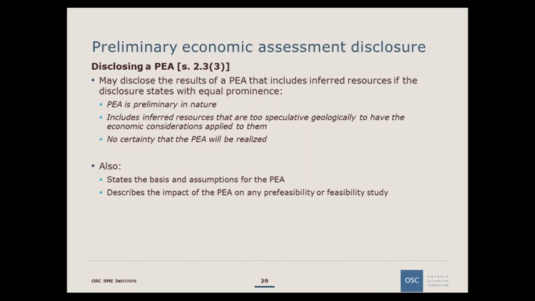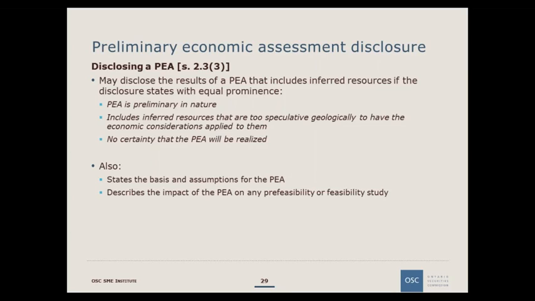So because we want people reading your disclosure to understand what a preliminary economic assessment really does mean and what it does and doesn't do, we want to see disclosure around the results of a preliminary economic assessment that has the kind of cautionary language that tells the street that this is something very preliminary, this is a thumbs up, this is not definitive. So the requirements there are in section 2.3 sub 3 of 43-101, and basically they say that you have